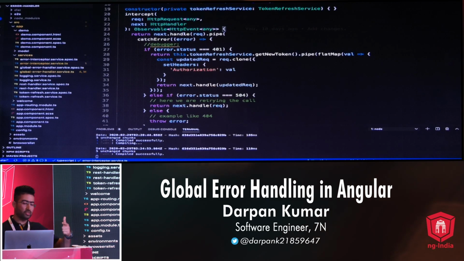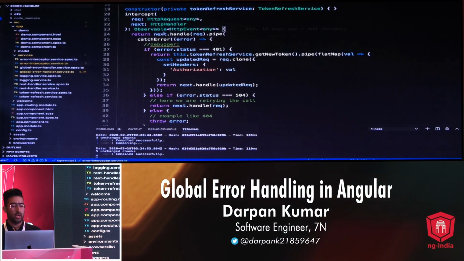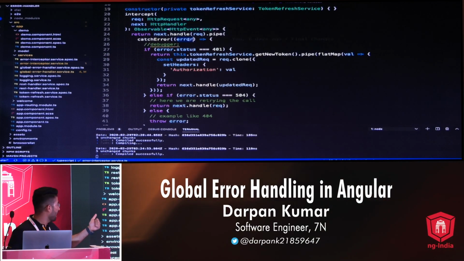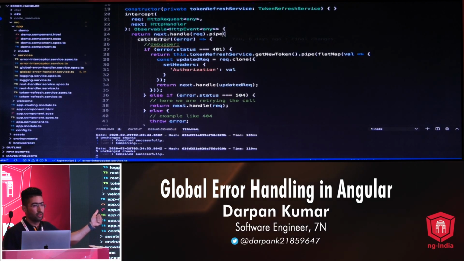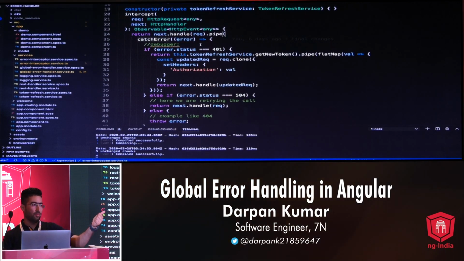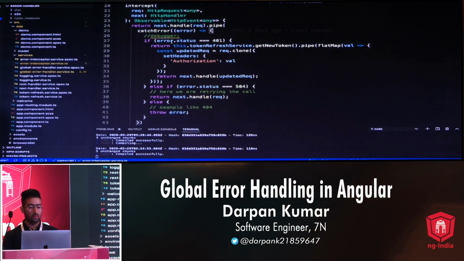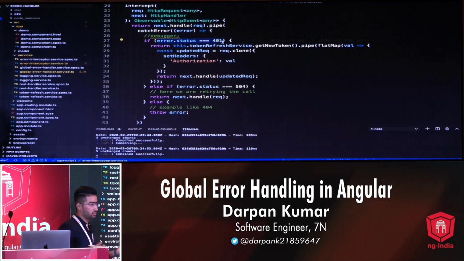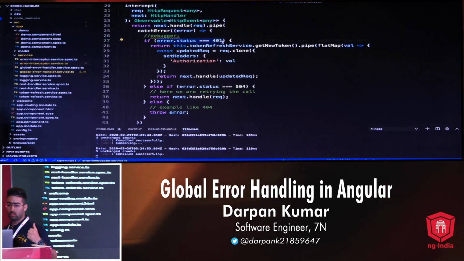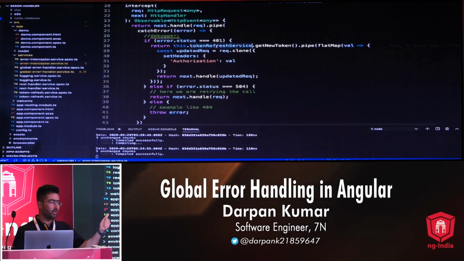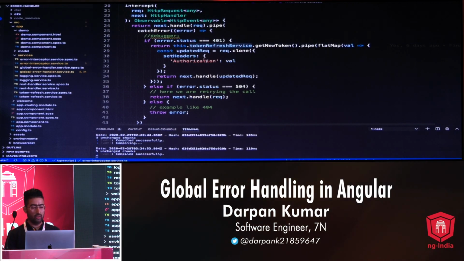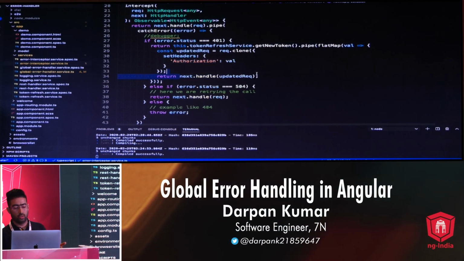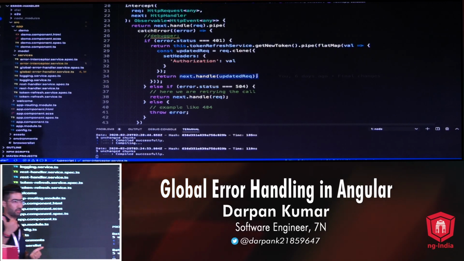Whenever a request comes in, your intercept method will get called, and I'm telling my handler, hey handler, handle my request, and if an error occurs, catch that error. So whenever any error comes into your application, it will catch that error, and then we can see the status code. If it's a 401, which is the case I have discussed, my token is expired, then I can call the refresh token, update my authorization with the new value, and re-request to my backend server.